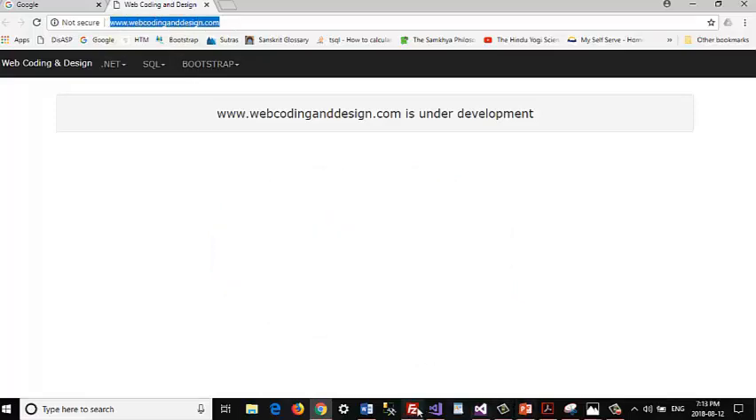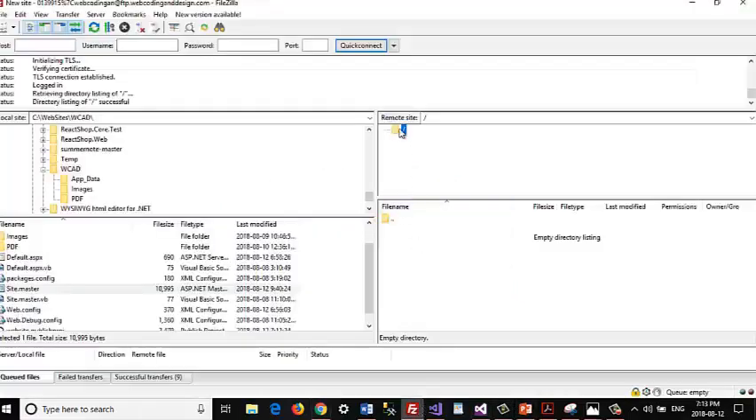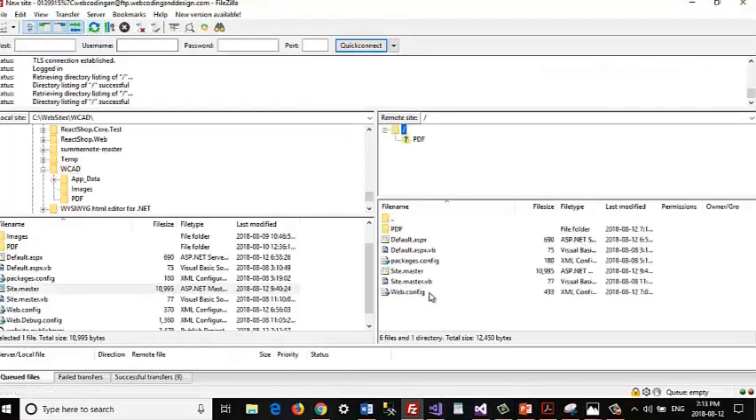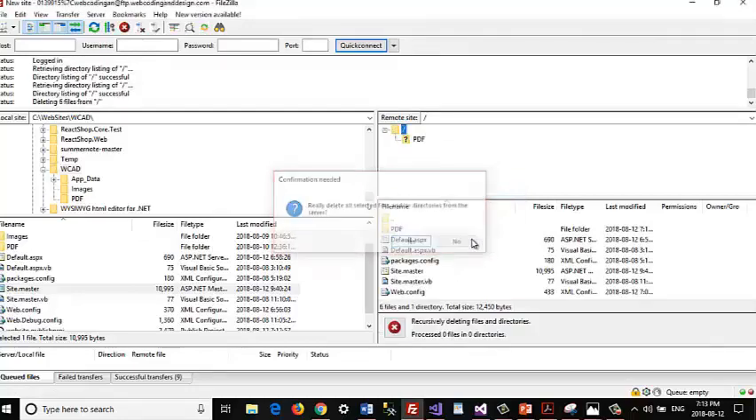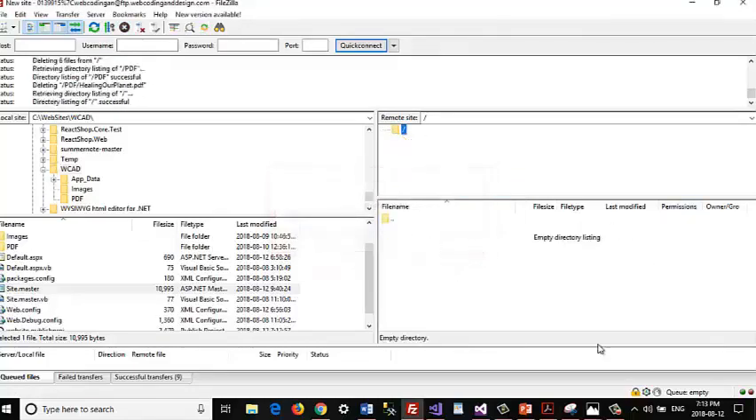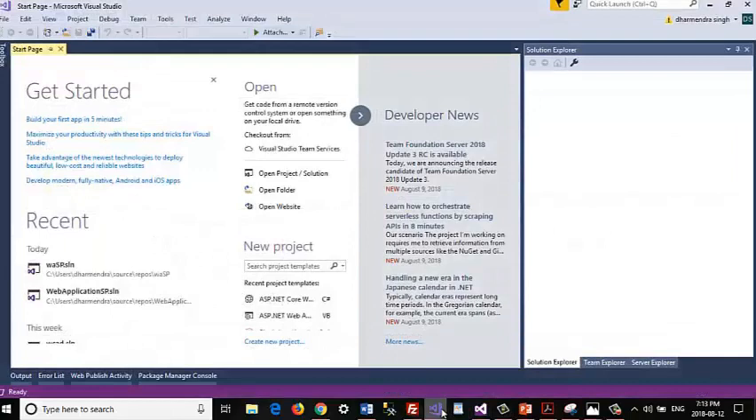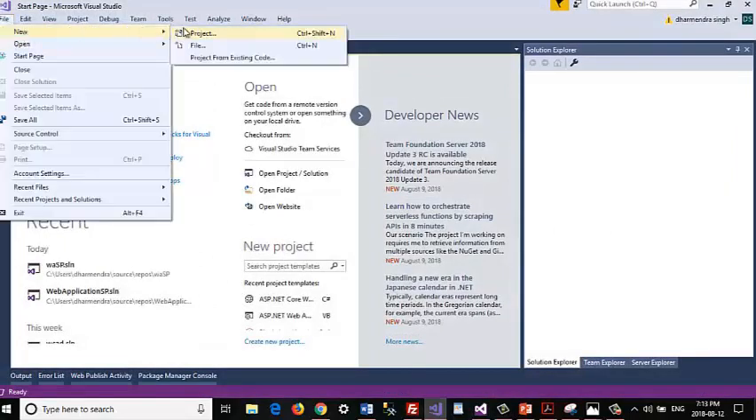Now let's go to the server and see if we can see the files that we just uploaded. We'll refresh that, and as you can see, we have our default page and the site.master page there. So what we will do now is delete all this because we want to now create a self-contained project. So let us go to Visual Studio 2017 and create